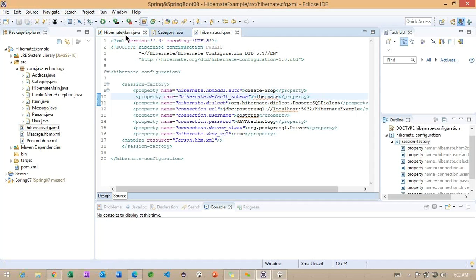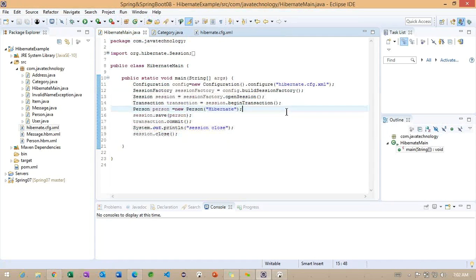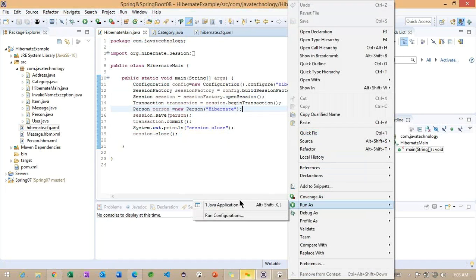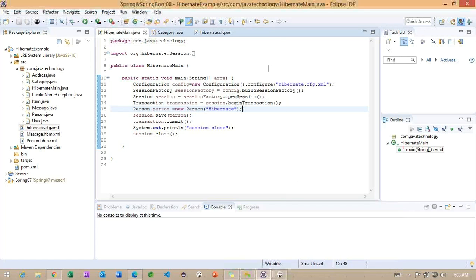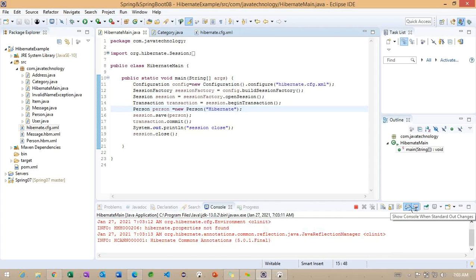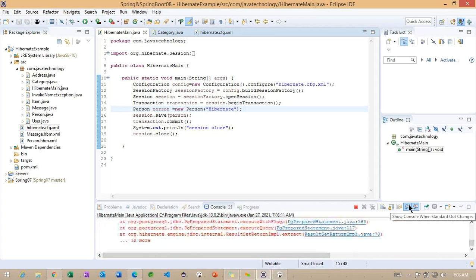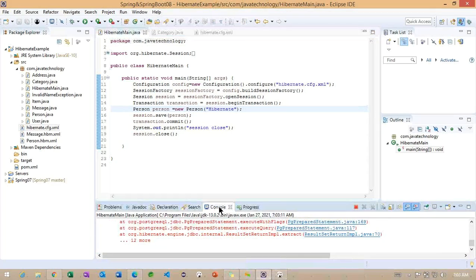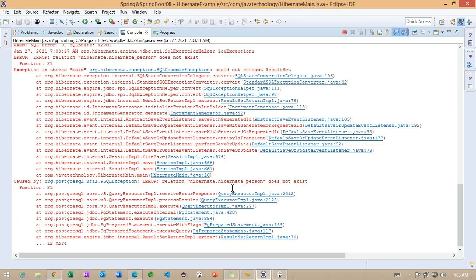If I'm going to run some main example here, we are going to get some exception here. Observe here what we are getting: Hibernate person does not exist.